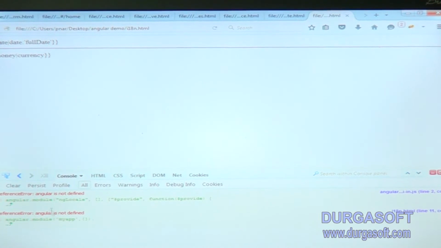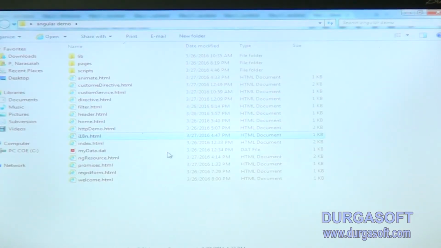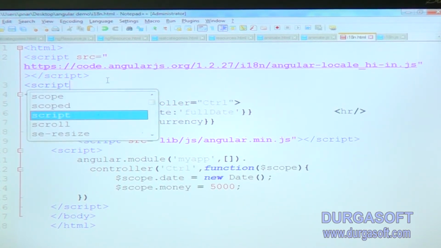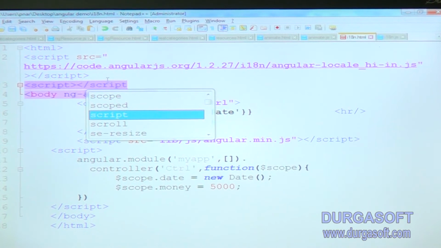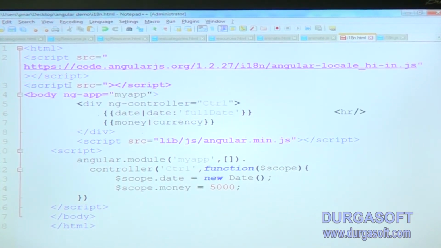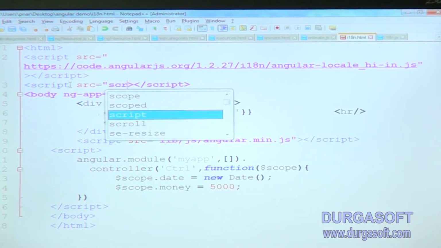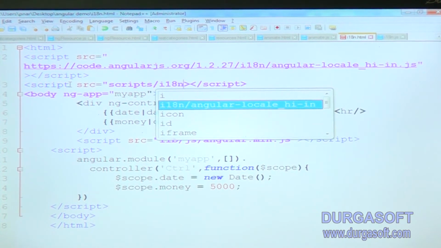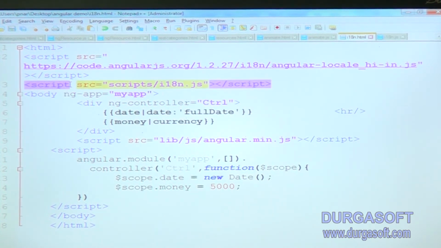In Firefox. Angular.module. Here I am creating one module, and I have to include a script with src equal to scripts/i18n.js.